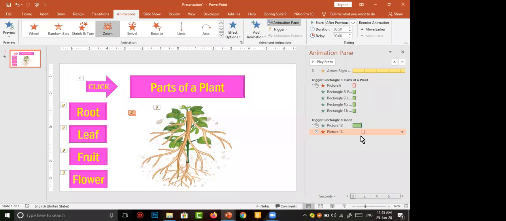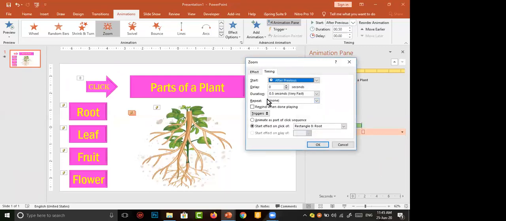So I want to increase the time delay. We can change the time delay by clicking on the down arrow. How to move timing. This is the duration. I want to increase the duration. In how many seconds should this animation happen? I want to give 1.5 seconds.